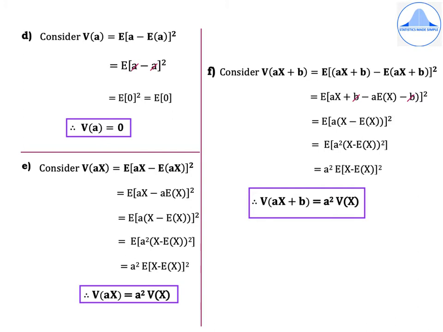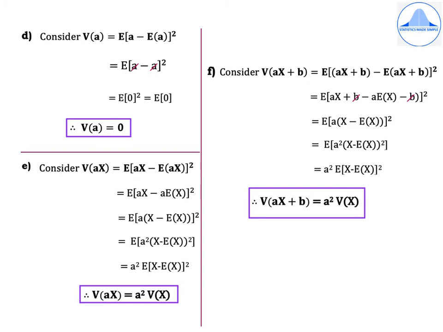Now you're using V of x formula. So in V of x formula, wherever you have capital X, you have to replace it by the constant a. So you'll get E of (a minus E of a) the whole square, which is equal to E of (a minus